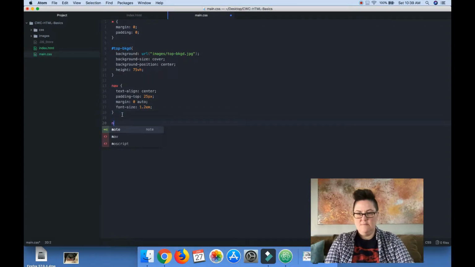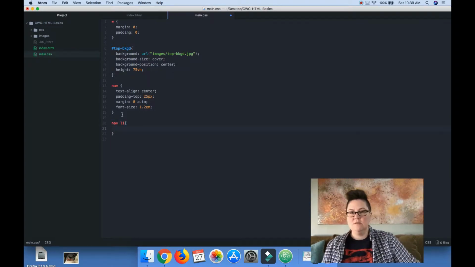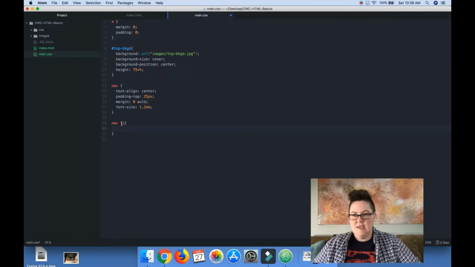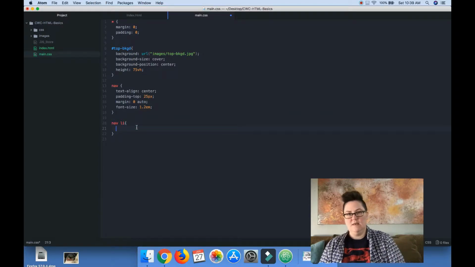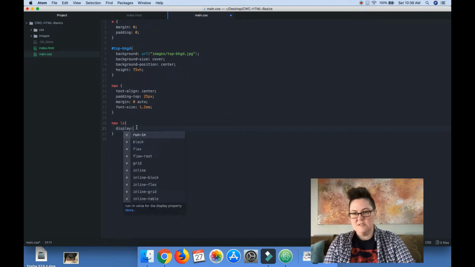And now let's target the nav, the list items within the nav. And you can do this. It's a CSS element selector. So we're saying any list items inside of the nav are going to be affected by this CSS. So let's start with display